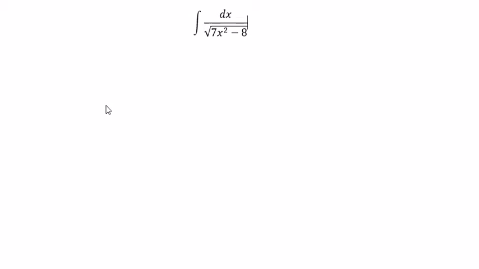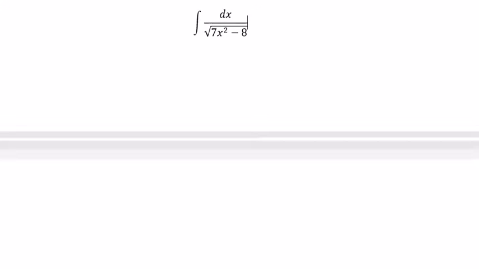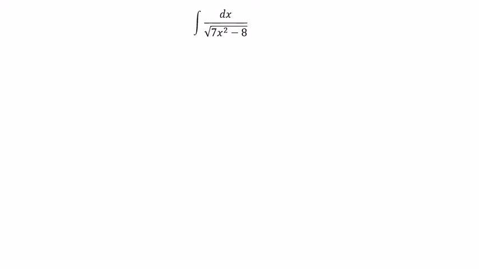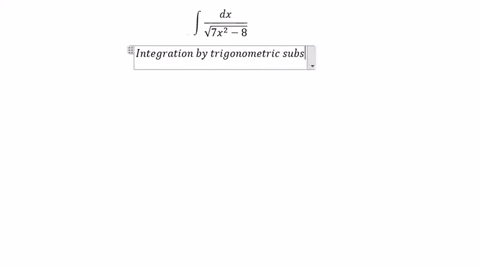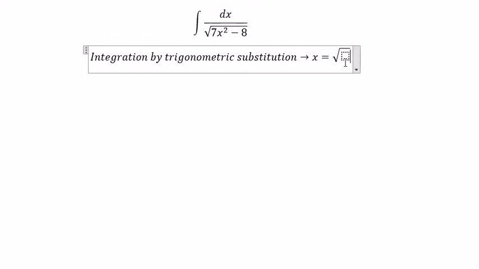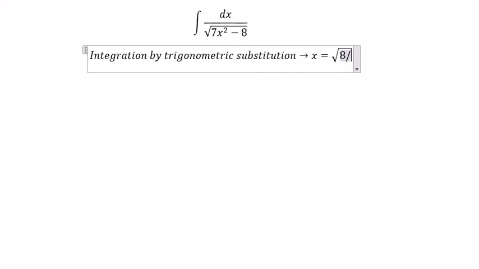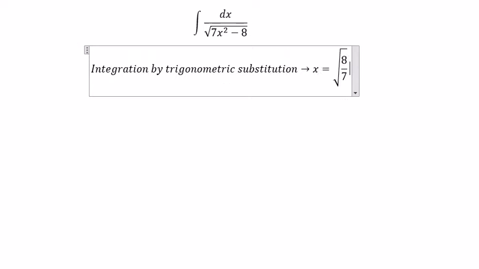The topic today is about the integral. We have the integral of dx over the square root of 7x squared minus 8. We can use integration by trigonometric substitution. So we put x equal to the square root of 8 over 7, and we use secant